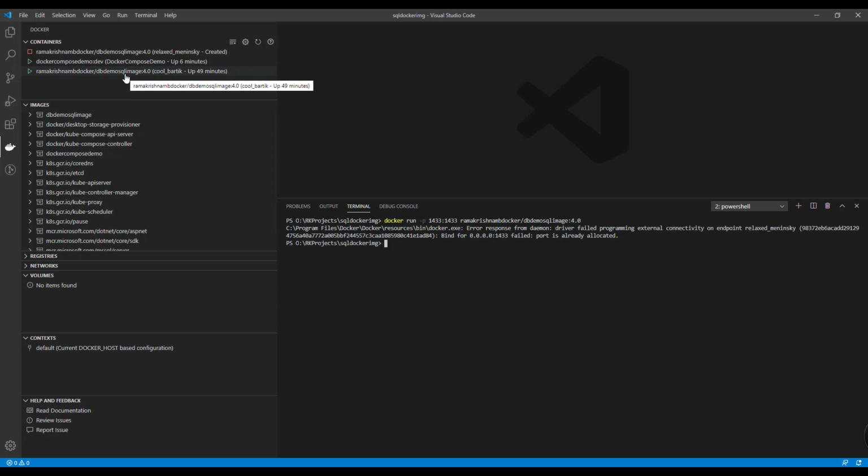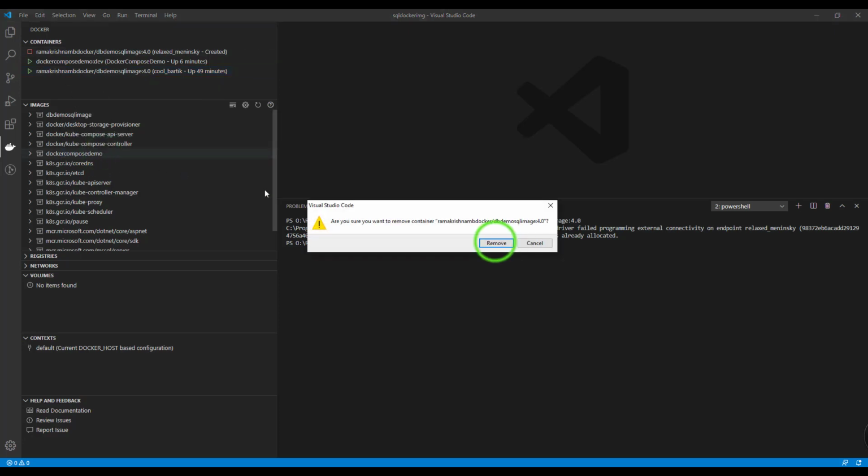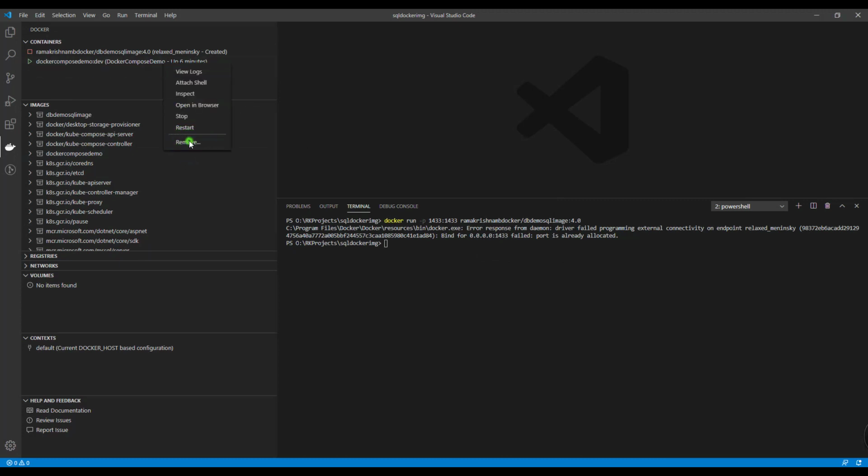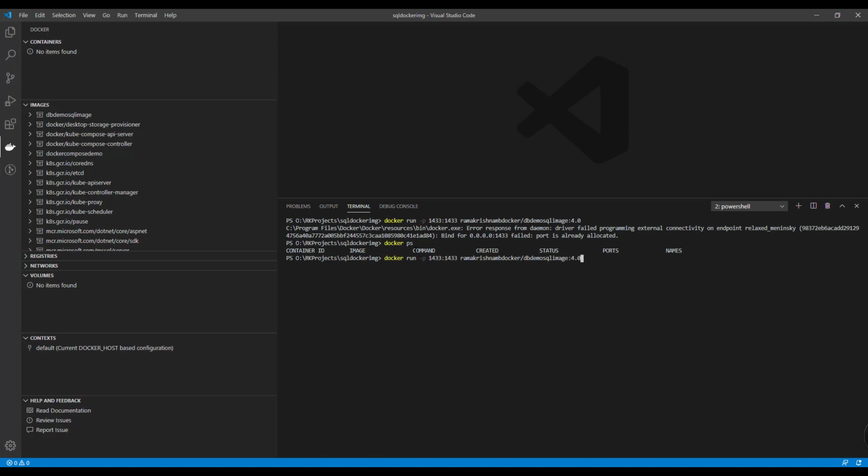So our image started to run. To make sure that there is no ambiguity between the images running, let us delete and run once more. There are no images running, so let us run our image again. So our SQL Server Docker image is up and running.